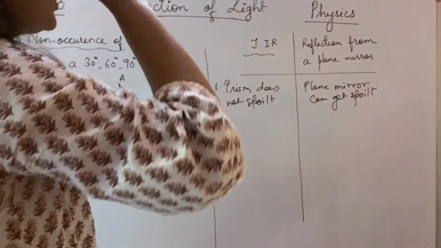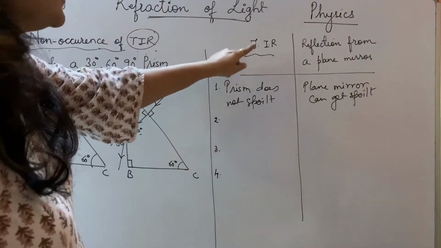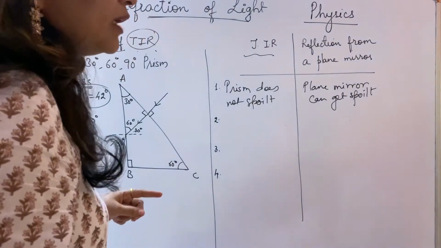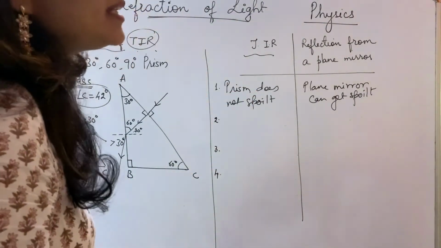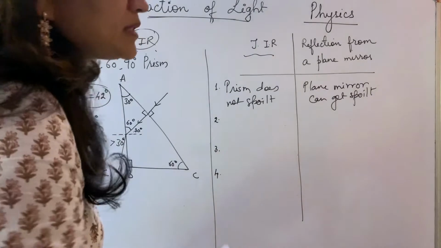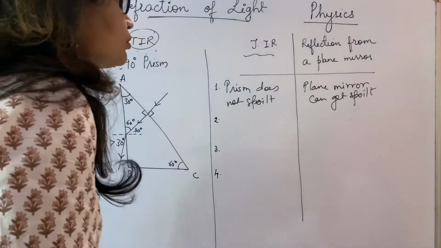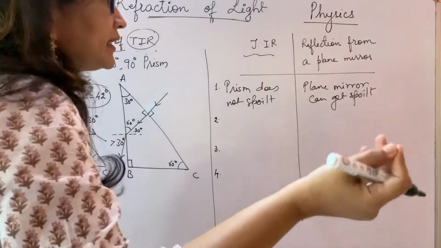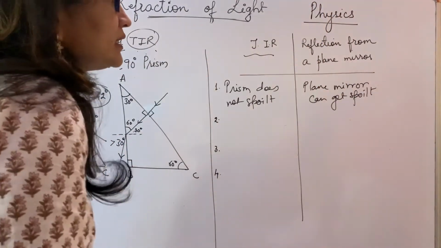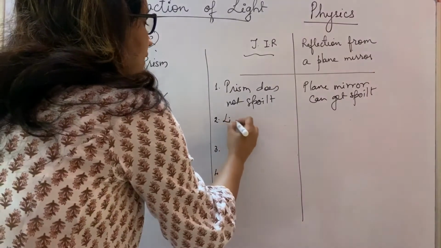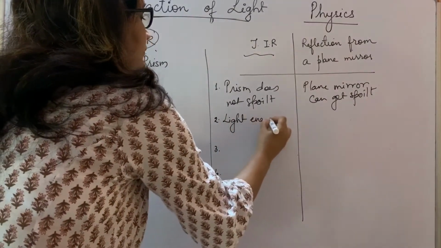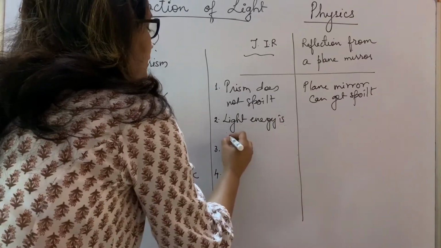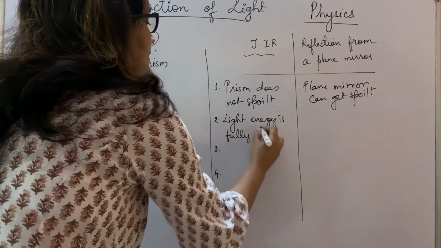Now the second reason you can give in TIR is, children, you must have seen in total internal reflection the full light is getting reflected. Means the full light energy is utilized, whereas in reflection the light energy is lost also to the surrounding because it goes from air to air medium. So only a few light might get reflected, but most of it is gone waste. So here you can say light energy is not wasted, or rather light energy is fully absorbed or fully utilized.